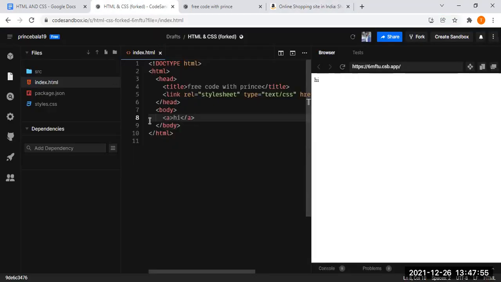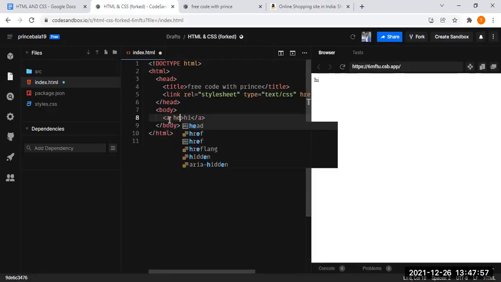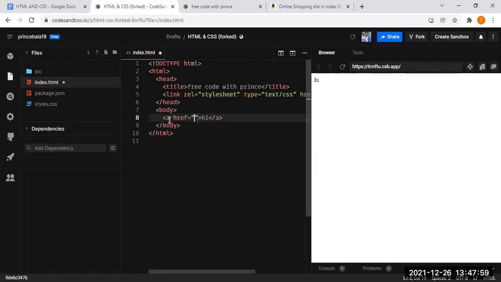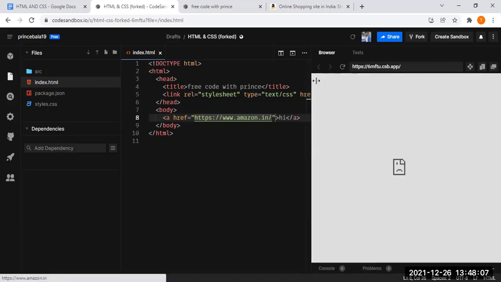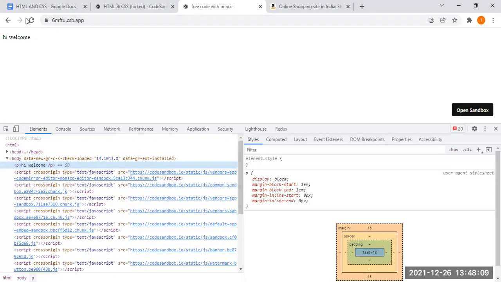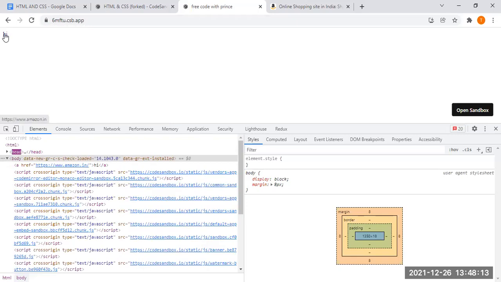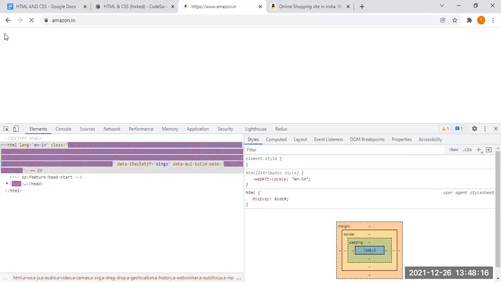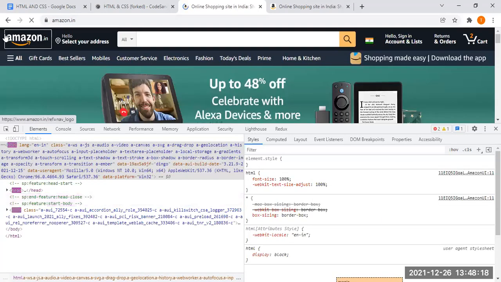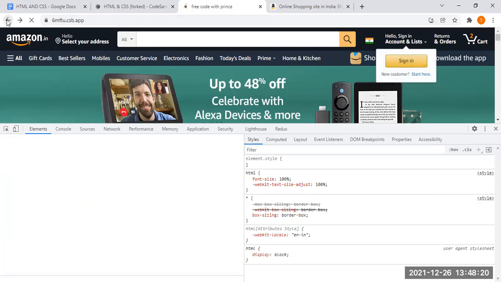If that link has to be clickable, I'll add an href attribute and you can just add the link. So it acts like a link. When I click on this, it will redirect me to that particular page. Can you see? It is redirecting me to this Amazon website. This is what we call an anchor tag.